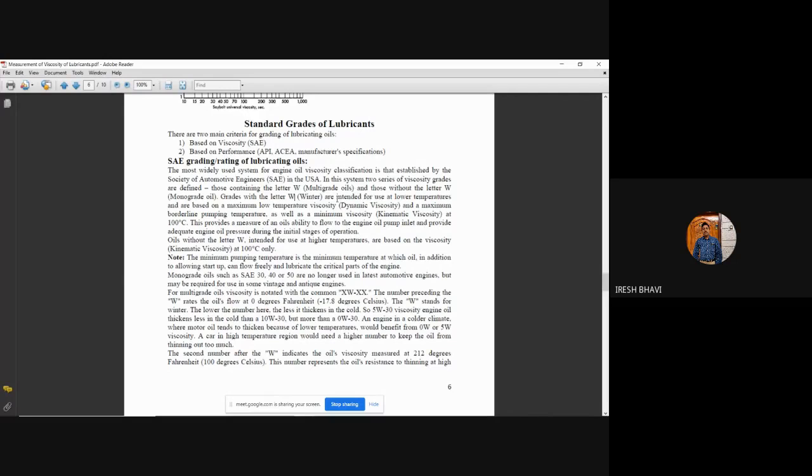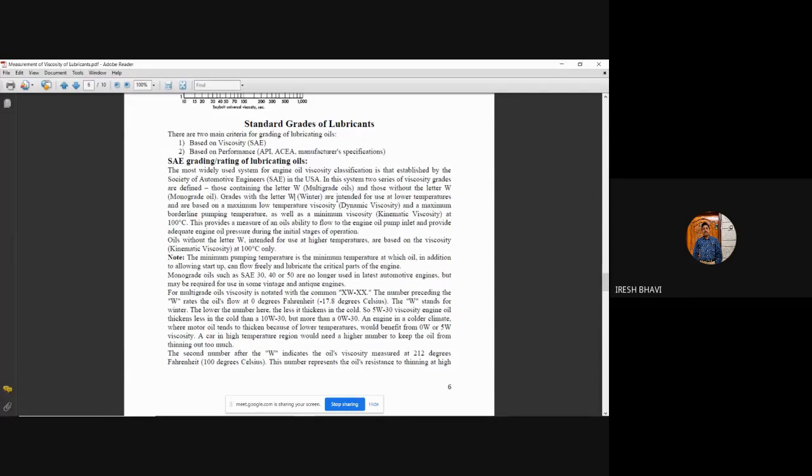So if you are using a single grade of lubricating oil which can satisfy only summer conditions, then that lubricating oil will not work in winter. And in winter, you would have to remove that lubricating oil and change to another lubricating oil having a winter rating. That cannot be done, no? It is very difficult. So then what they do is, they go on using a multigrade oil.